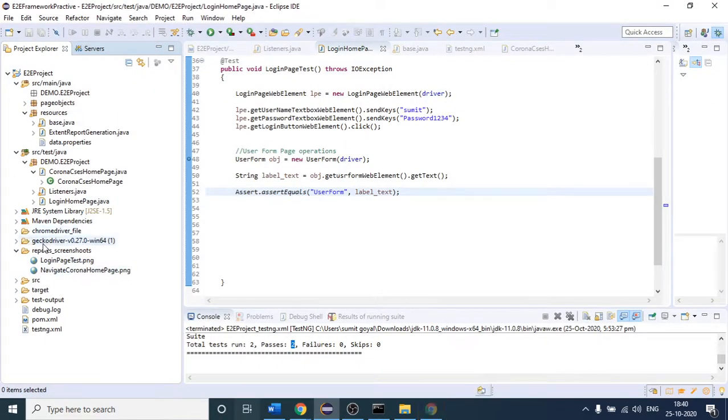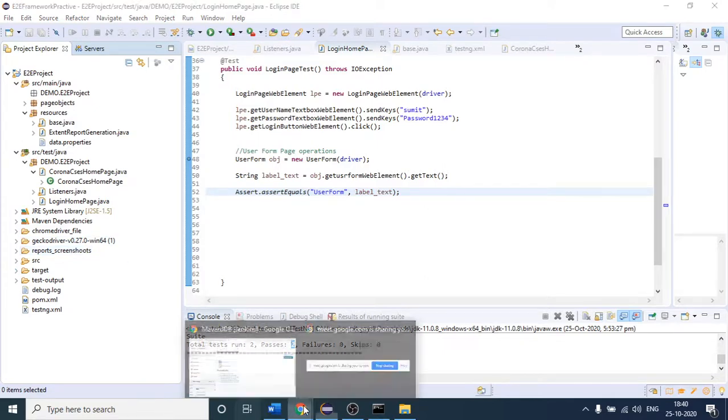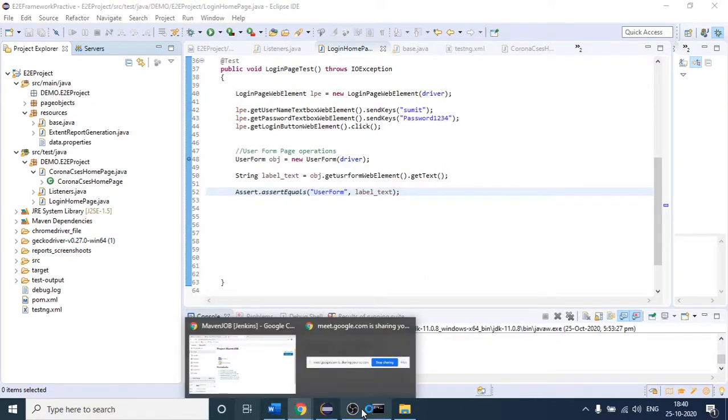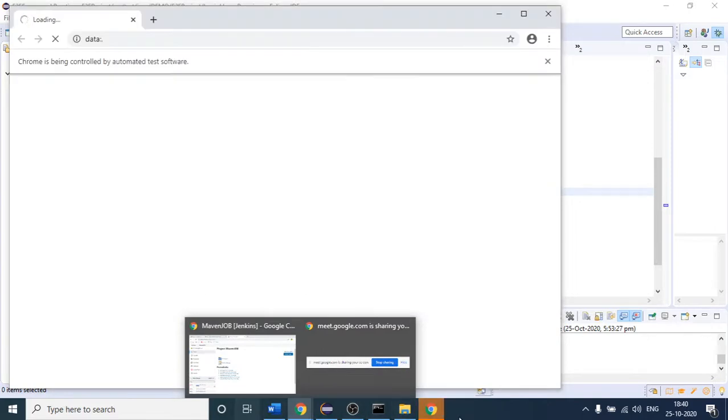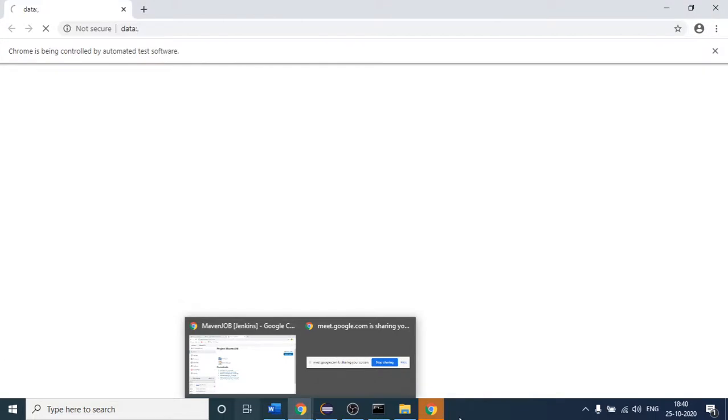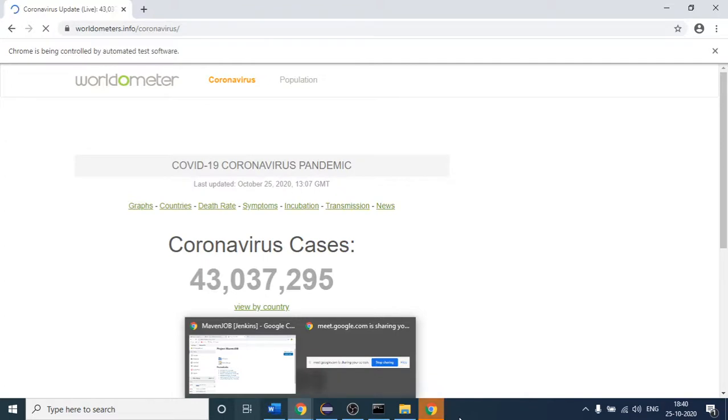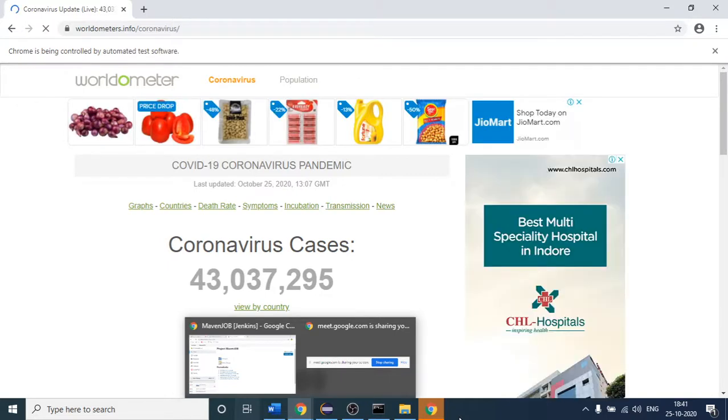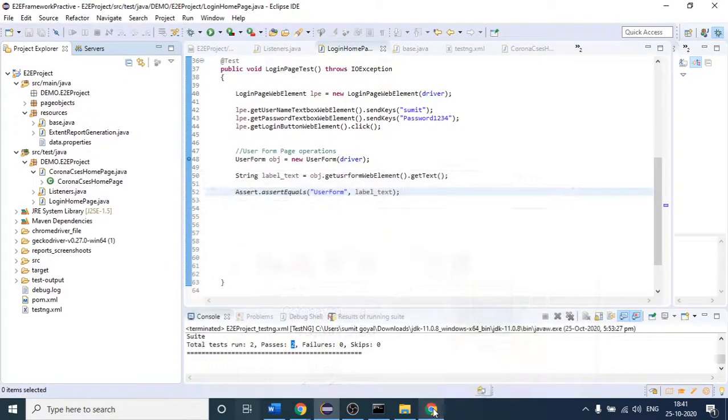You can see, right? No report file is present. But this time I'm automatically triggering my test cases from the Jenkins. So this is the second browser. It will close the browser automatically as well.